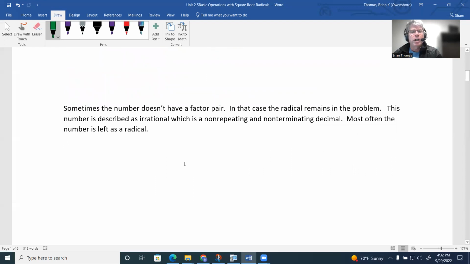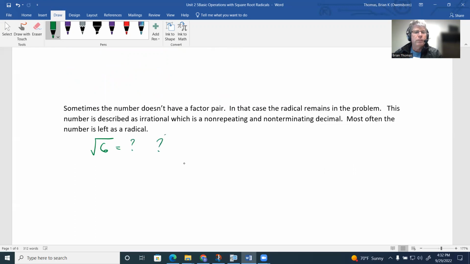Now, sometimes the number doesn't have a factor pair. In this case, the radical remains in the problem. This number is described as irrational, which is going to be some type of non-repeating, non-terminating decimal. Most often, we just leave this as a radical. So for instance, if I give you the square root of 6,